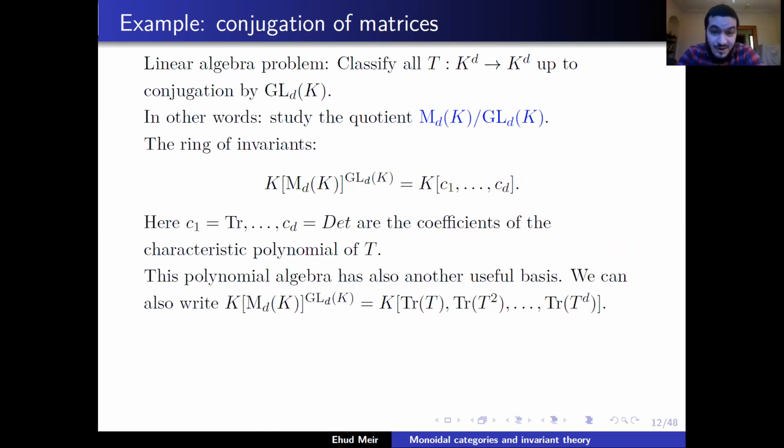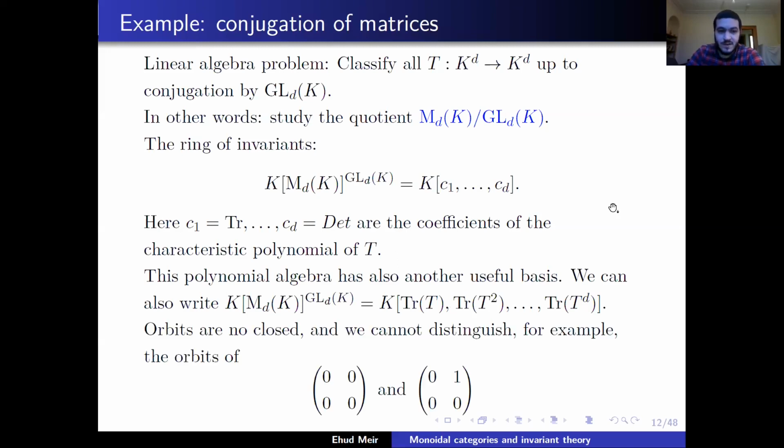Okay, so this polynomial algebra also has another useful basis that we will see some things like that a bit later. So we can also write that it is generated by trace of T squared up to trace of T to the D. We have this kind of, at least in characteristic 0, this kind of transition matrix between these bases and that basis over here. However, it's important to say that